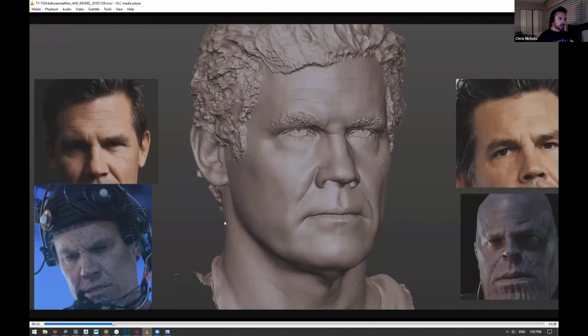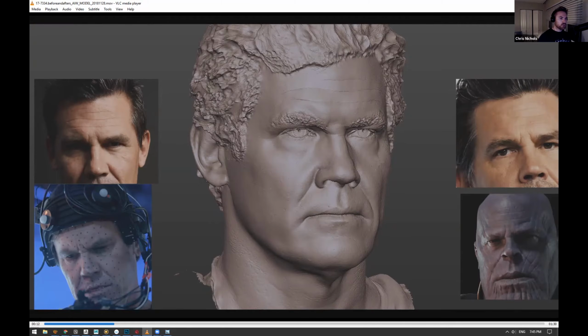Now, if we look at a basic scan of Josh, this is not a high fidelity scan, but this is the sort of scan that we get when we're working with facial data. It gives me a lot of good ideas about what the surface of the skin is going to look like reacting to light in that very broad sense of the sculpt, meaning the shapes that I'm seeing in the forehead. There's a flat plane in the center, and the way that his brow is furrowed in a neutral sort of facial pose.